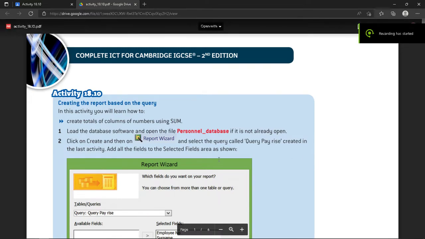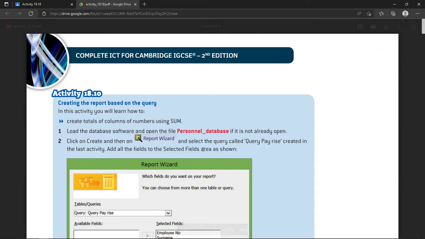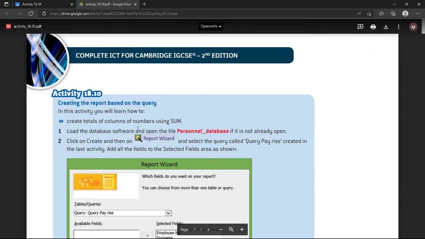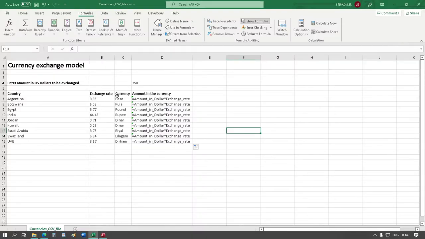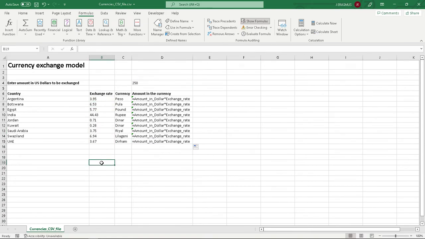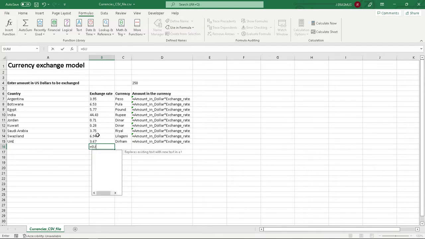So we're going to create a report based on the query. We're going to create totals of columns of numbers using sum. In Excel, sum is when you want to get the sum of all of these values over here. You just say equal, you say sum, and what that does is it adds all the numbers in the range of cells. So we say add all of these numbers,